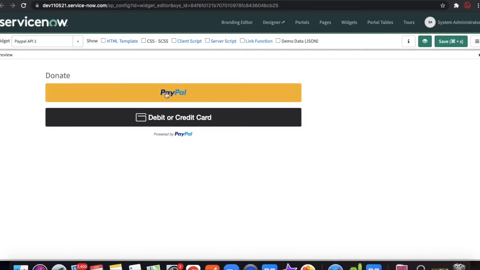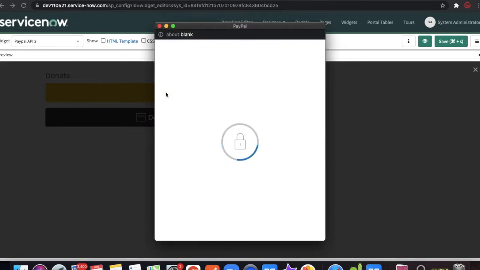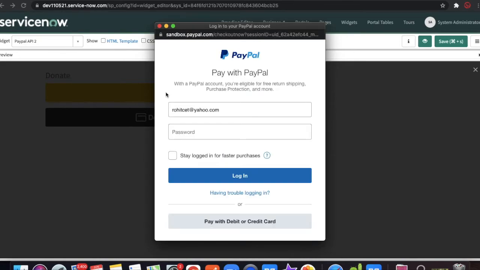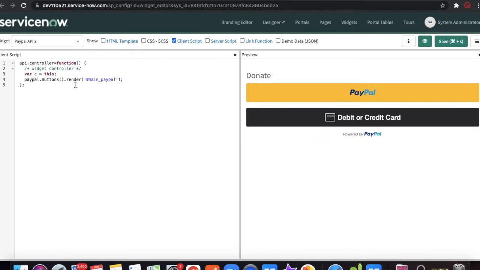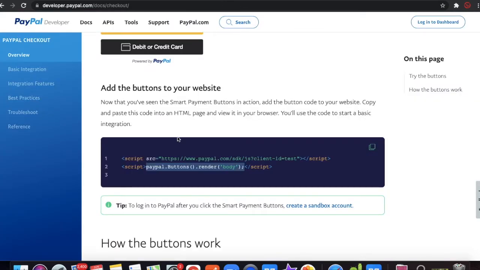In this case, if we click the PayPal button, you can see the pop-up is running here. Here you can put your sandbox account details, click login and make a payment. The amount will be transferred to the actual facilitator account. But we need to do some coding so that we can set up some amount and then come back here. So under this client script, we will put some extra code here. Okay, what code are we going to use?